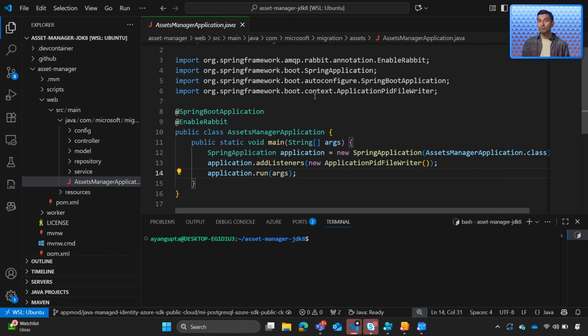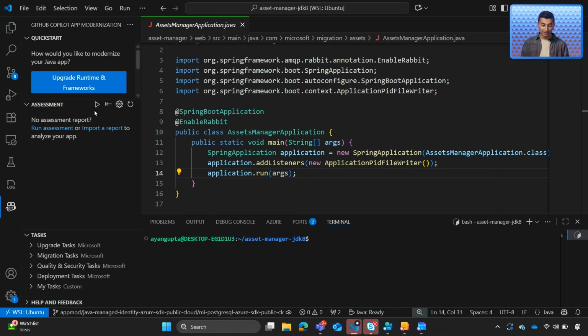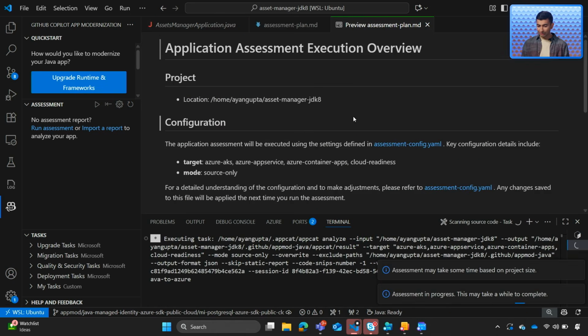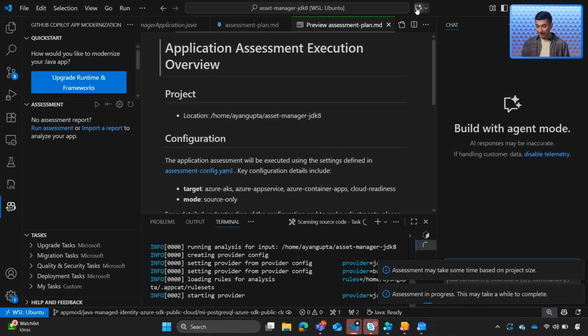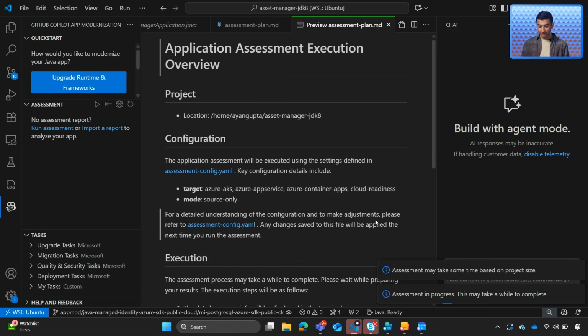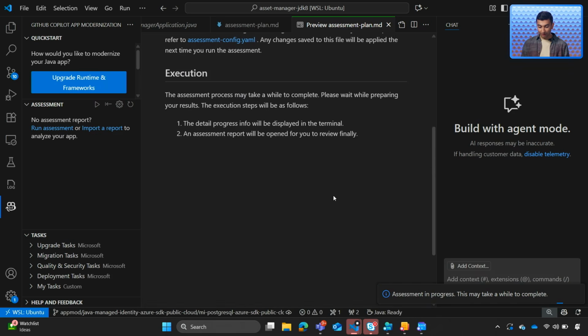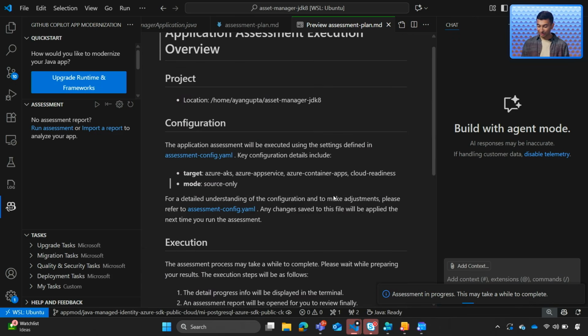But with the new app modernization tool, we can let the Copilot agent do the heavy lifting. We'll go ahead and start by analyzing the project to generate an upgrade plan. So we'll go ahead and click on Run Assessment. Copilot will take over as it runs the assessment. The assessment gives us a logical starting point to start looking at all the steps we need to take to upgrade our project. As we can see, the assessment is in progress, so we'll go ahead and wait for it